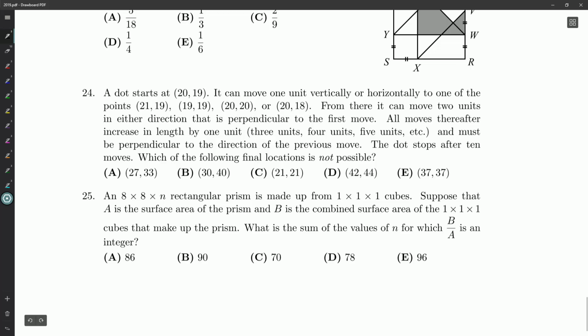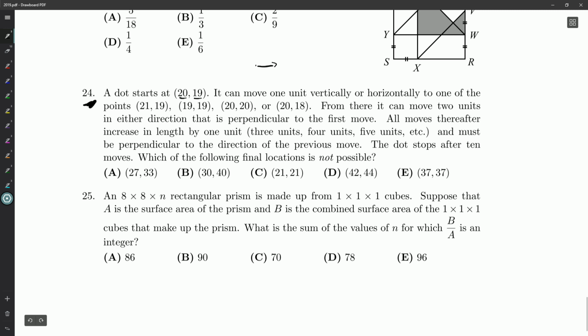We are on our second last question of the whole paper. It's question 24. Hopefully you've given it a bit of a try. A dot starts at 2019. It can move 1 unit vertically or horizontally to one of the points 2119, 1919. So it could